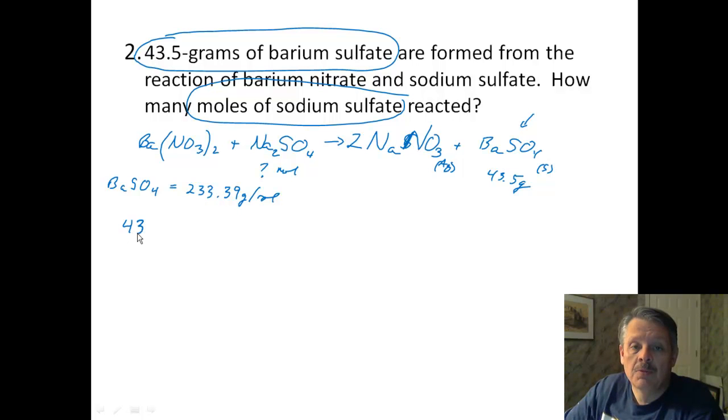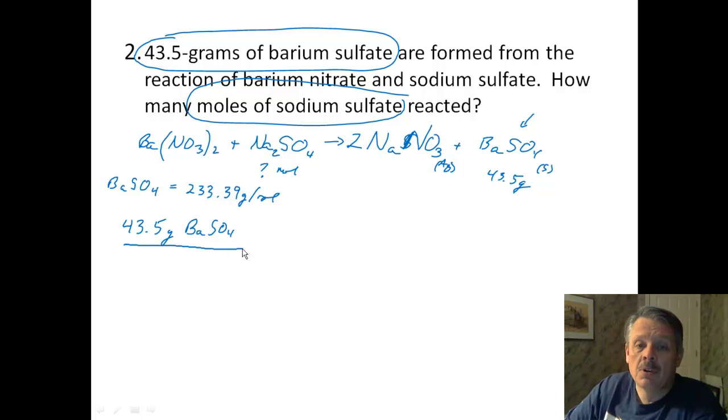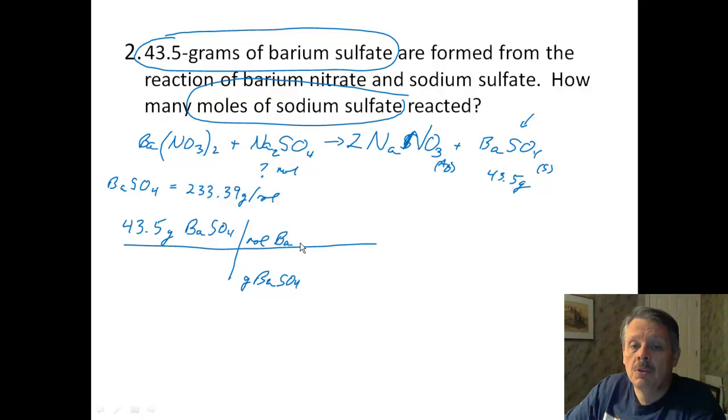So I start with 43.5 grams of barium sulfate, and I want to convert from grams of barium sulfate to moles of barium sulfate. I always want to go to moles. Remember, moles always has to be in the middle. Well, I don't want moles of barium sulfate. The question is asking me for moles of sodium sulfate. So I can go from moles of barium sulfate to moles of sodium sulfate,